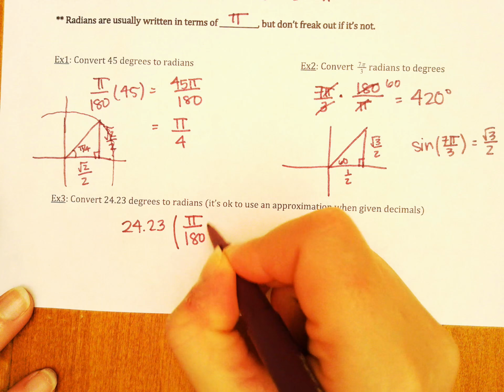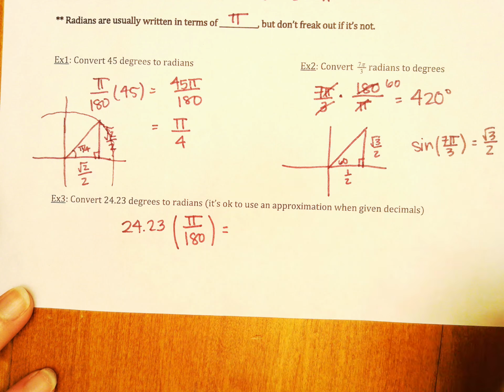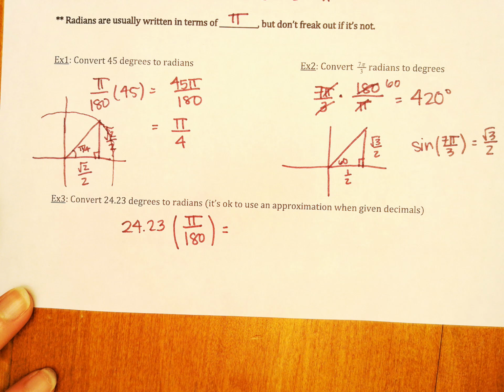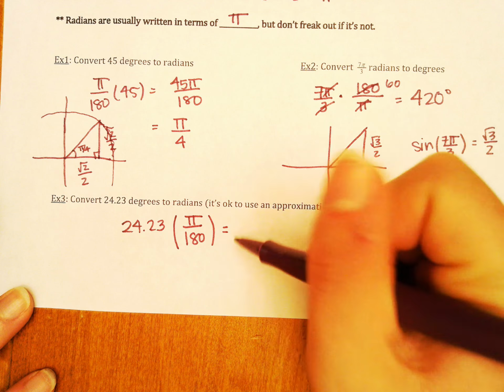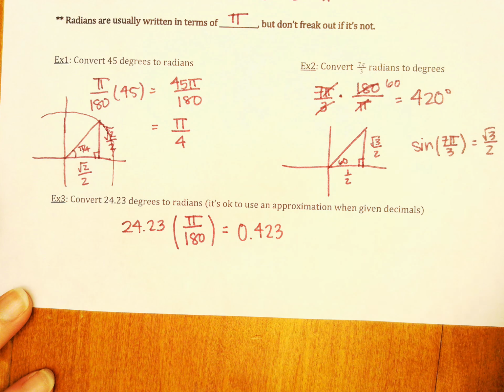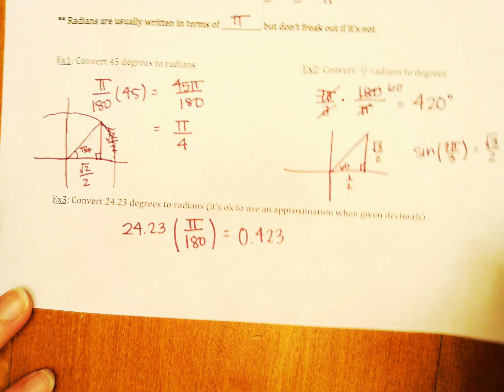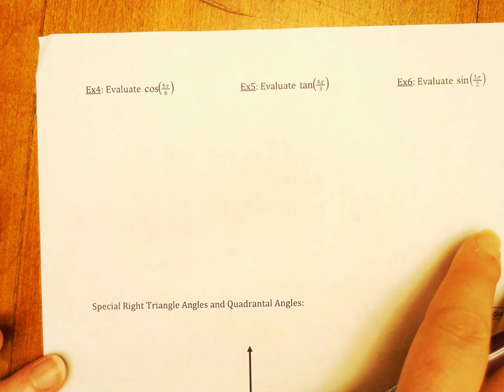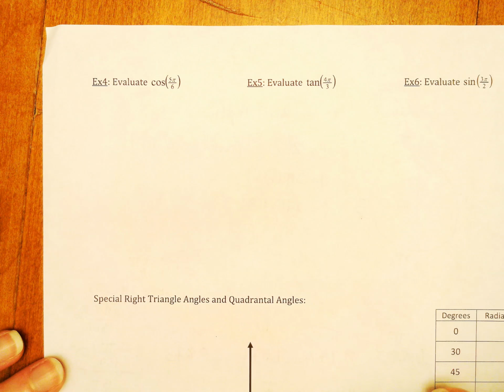So again, when I'm converting from degrees to radians, I multiply by pi over 180. So you can take a second and type that into your calculator. And we'll round to, I don't know, 3 decimal places. And we should get 0.423. Okay? So like I said, we have radian measurements that correspond to these angles, and we can still evaluate it